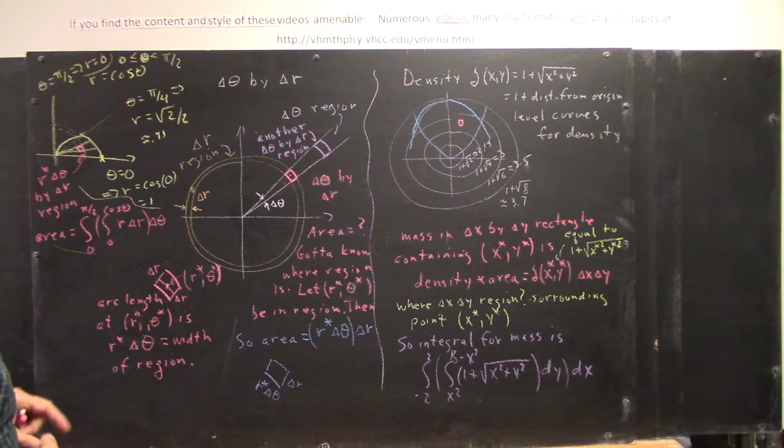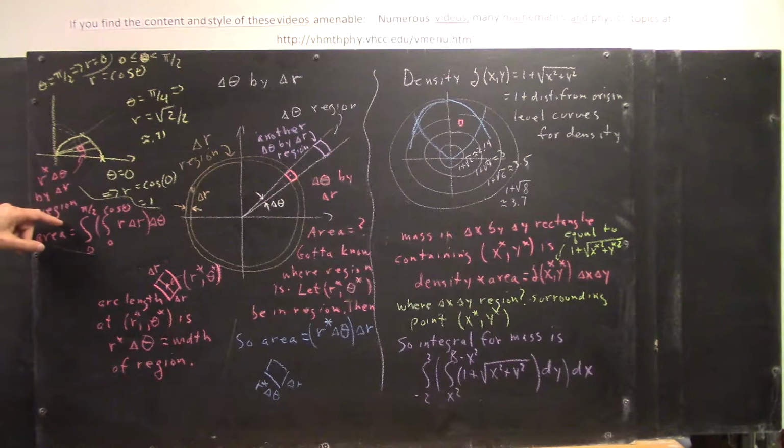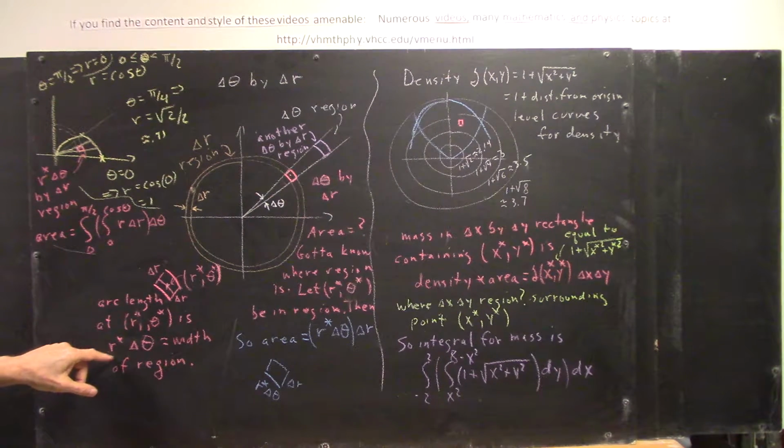If it has sample point r star theta star, then what's its area? Well, if it's a delta r by delta theta region, the dimensions of the region will actually be r star delta theta and delta r. So the area of the region will be just as it was here,